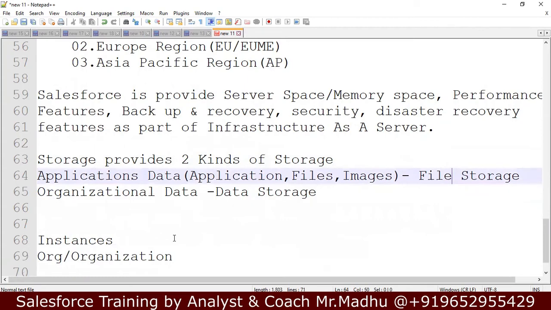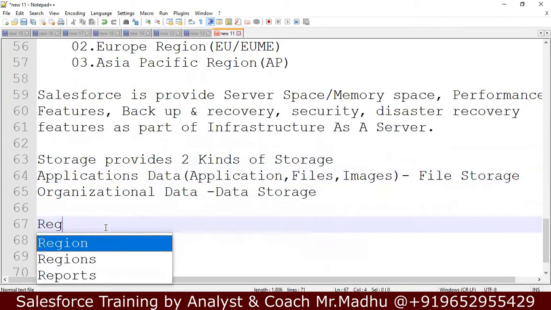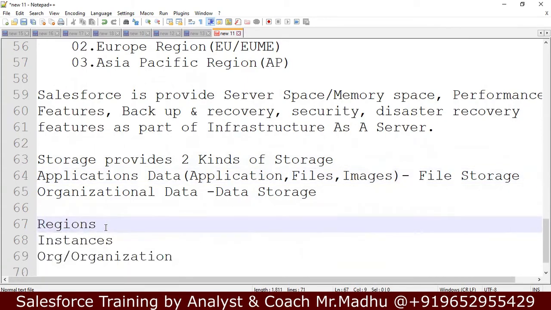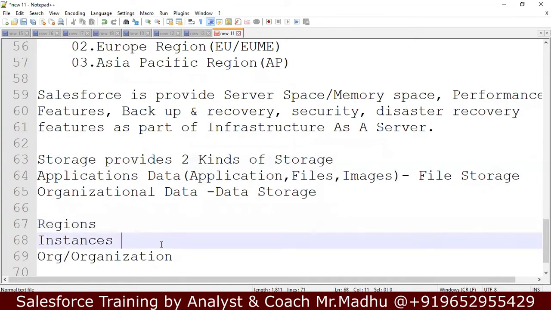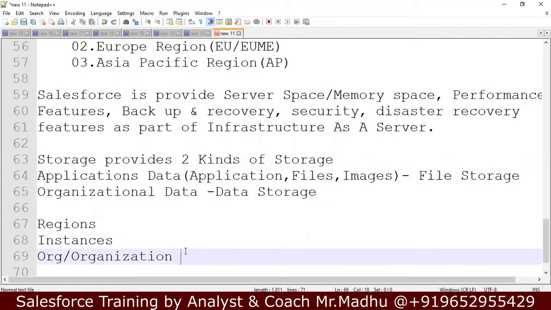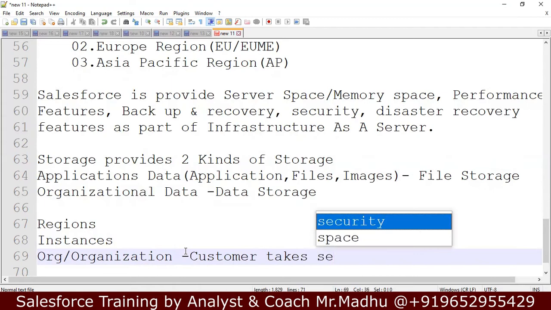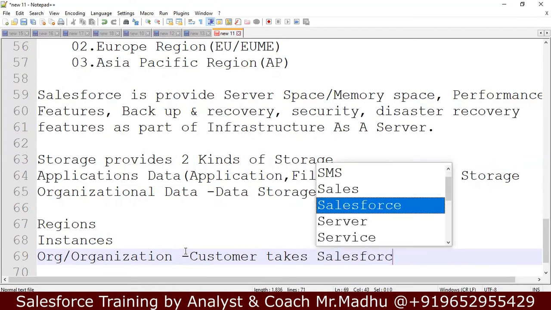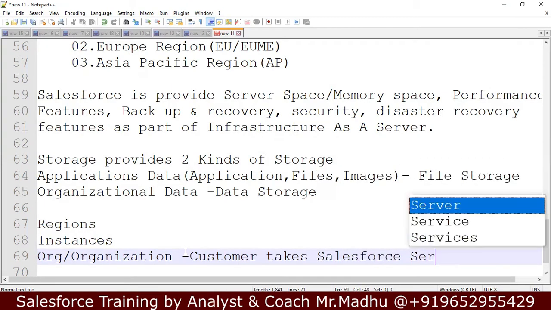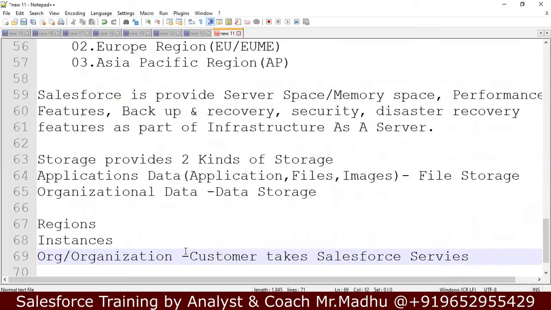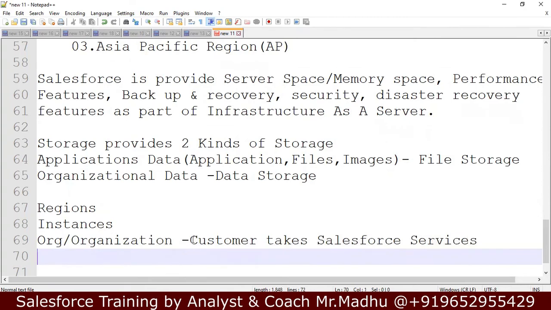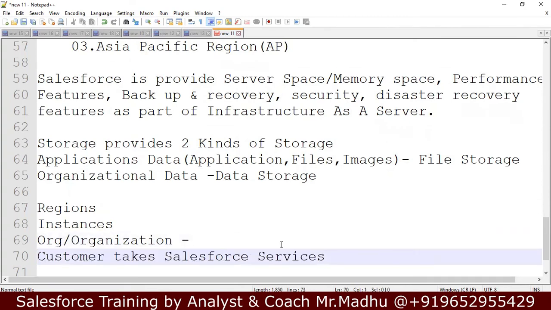First we have regions. Inside a region there are instances. Inside an instance there is an org, or organization. Whenever a customer takes Salesforce services, an org will be created. When a customer takes Salesforce services, an org is created for the customer.